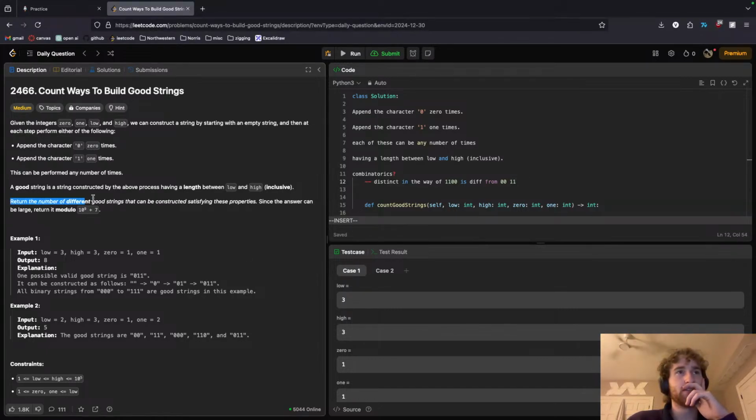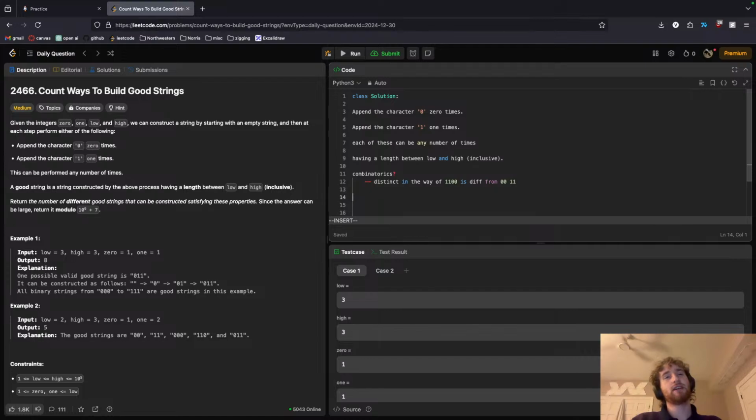Return the number of different. So they are distinct. Yeah, it does seem like DP. I'm trying to think of what it is. It kind of sounds like coin exchange, so it's kind of like at every step we'd either append character